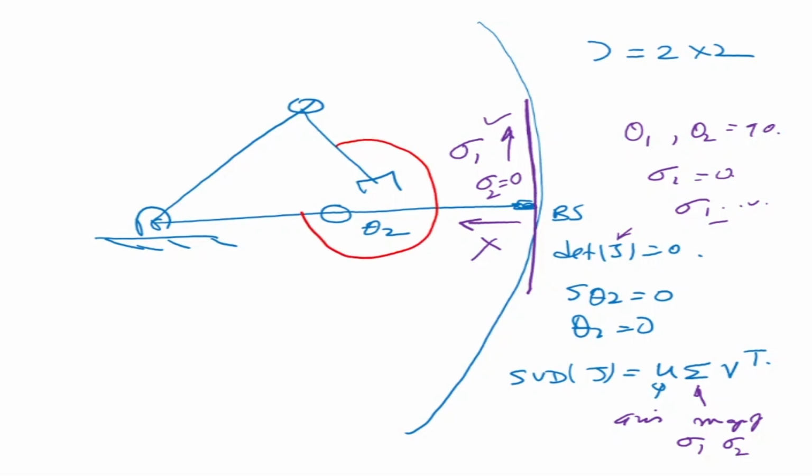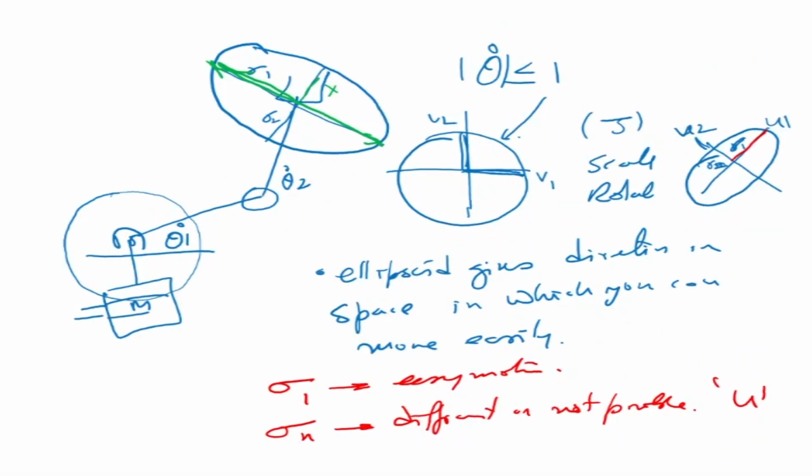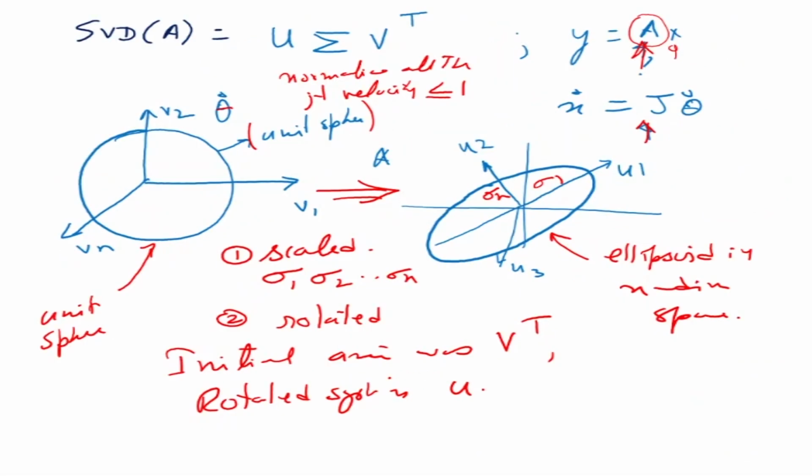So a circle basically means the sigmas are equal. That means sigma 1 is equal to sigma 2. This means that an ellipse has become a circle. So if I look back and see what this operator is doing, here for it is a sphere, and this sphere is being squeezed and being rotated at the same time. Okay, so it is changing direction.